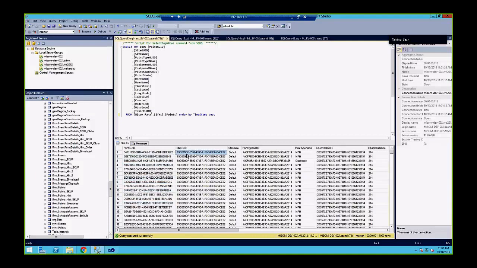Now you can see this site GUID over here. This is related back, linked to a table, the site table. As you can see, this is a unique identifier within the site table. So the site table